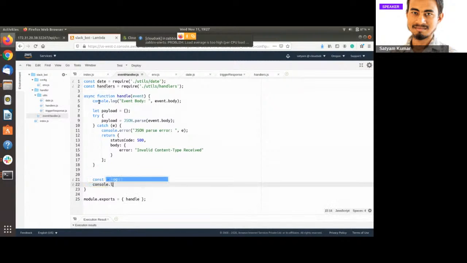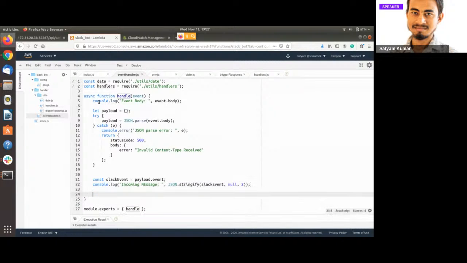Now we will print whatever we have received. That will be in the form of JSON, so we are going to stringify it. That is just JSON.stringify.